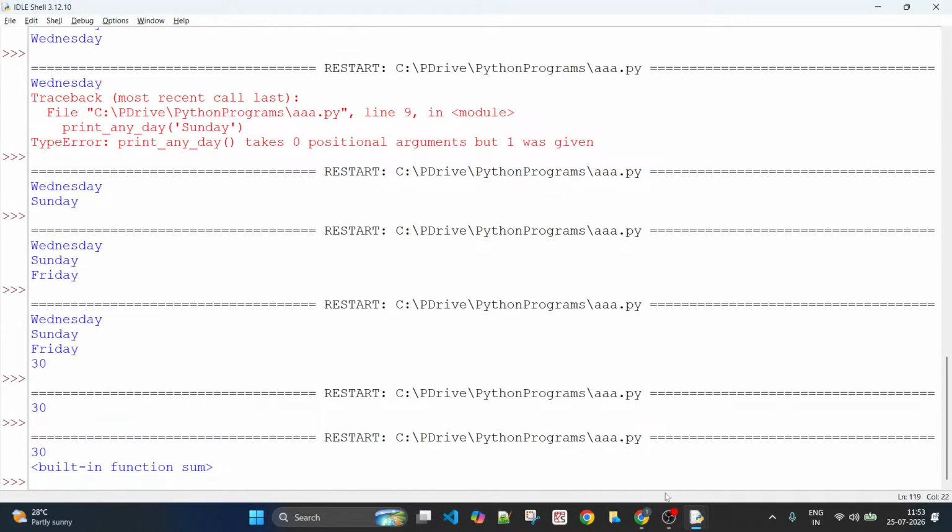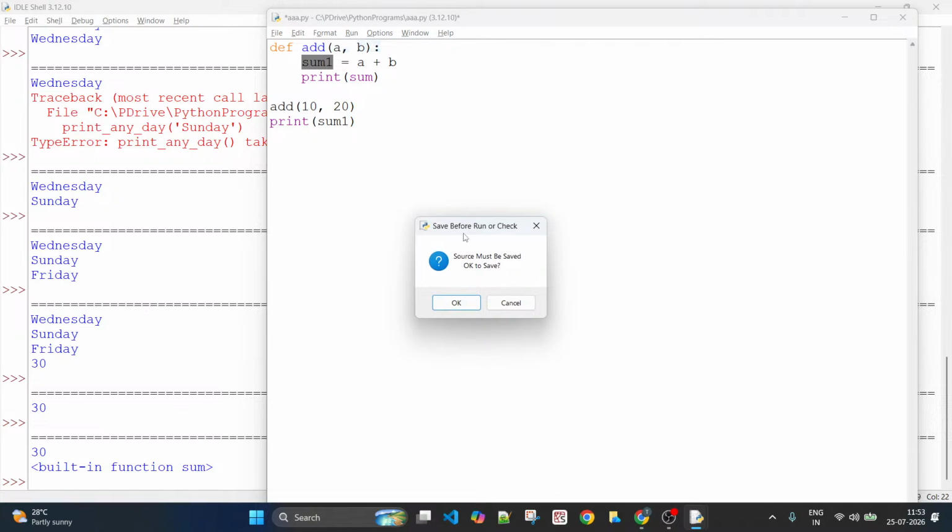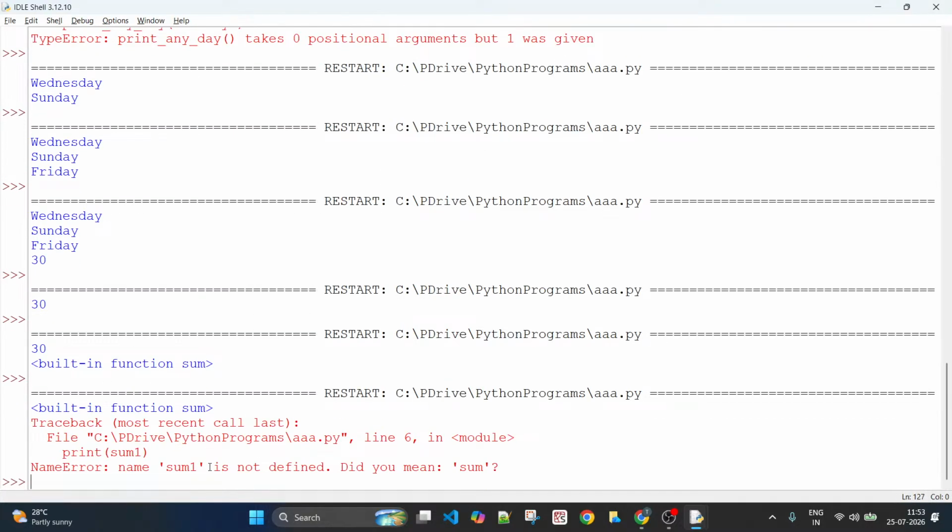You see, oh sorry, it is because it is treating it as a built-in sum. Let me make it sum1 here so that I will give you a different name, because this has collided with the built-in function name sum. That's why I changed it. You see, it's a name error.